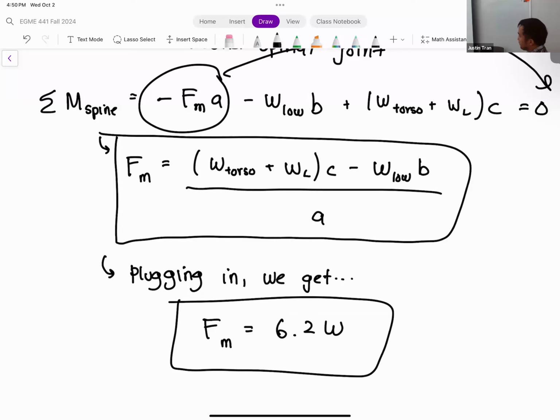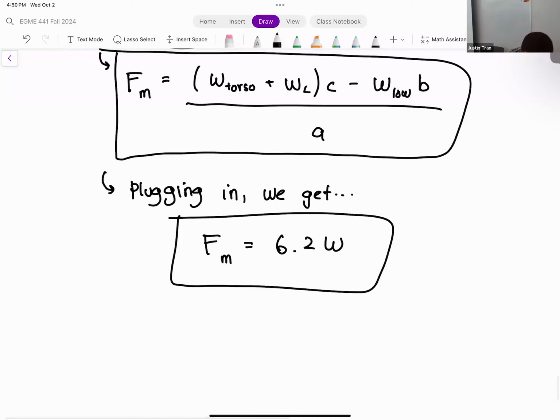Okay. So what is this result telling us? What this is telling us is, when you're lifting a load from the ground, and you're using relatively bad technique, then your muscle force, your spinal erectors have to exert a force that's 6.2 times the weight of your torso. Okay. So just to give you some perspective, for a typical person,